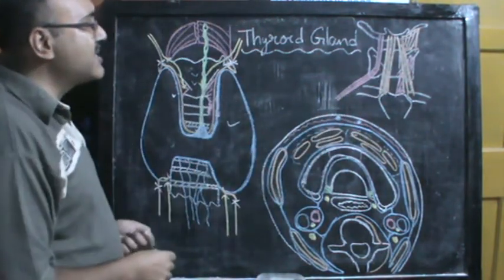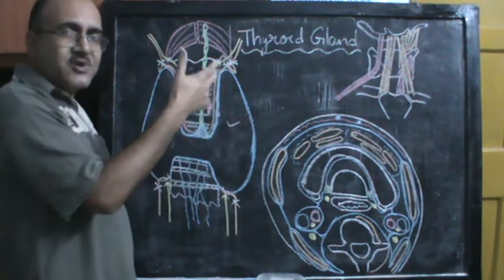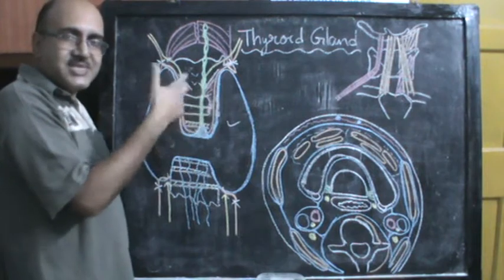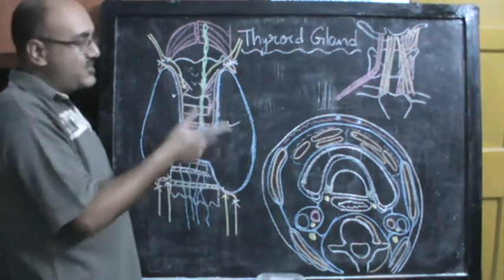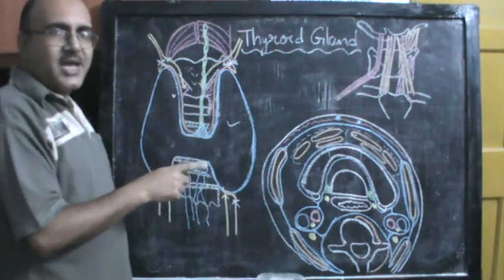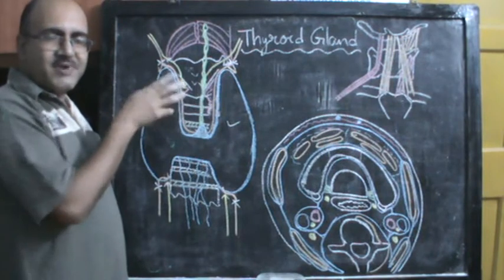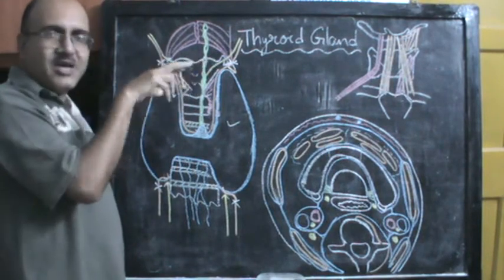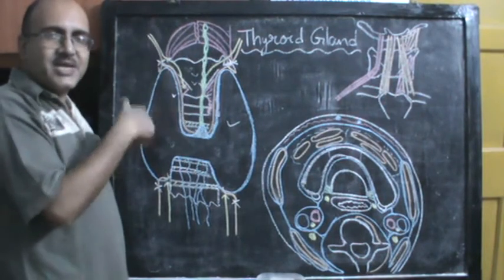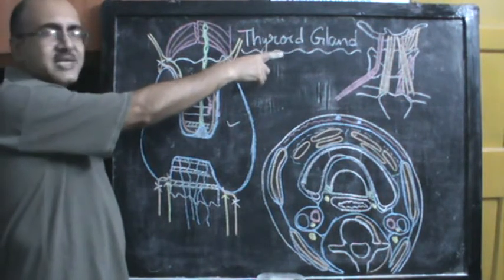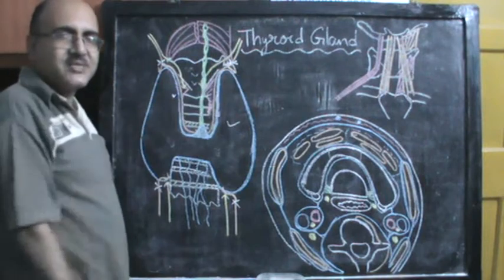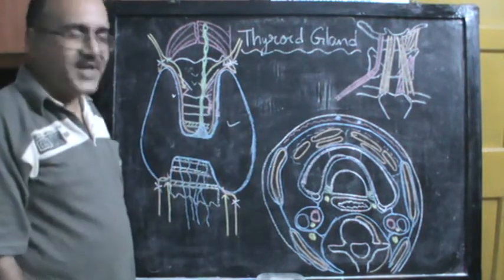Now all these muscles are supplied by the descendens hypoglossi and the ansa cervicalis. They are actually carrying fibers from C1, C2 and C3, all derived from the cervical plexus. So if you go back to your study of the cervical plexus, the formation of the ansa cervicalis and the contribution of the C1 and C2, how they are piggybacking on the hypoglossal nerve and forming the descendens hypoglossi, connecting with the descendens cervicalis and forming the ansa, and the entire C1, C2 and C3. So the C2, C3 mainly supplying the infrahyoid muscles. Then you will form a clear conception of that thing.